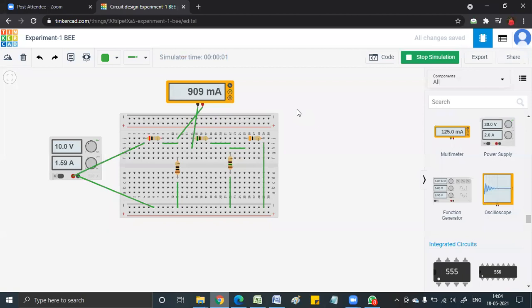The first current, okay, the first current that you're getting is 909 milliampere. So that is the current that is flowing when you have a 10 volt supply only connected. That is your I1. This is your I1 current. Is this clear? Yes मैम. So you are going to do this connection. इसका एक प्रिंट स्क्रीन लेना. ये आपका I1 का रिजल्ट है.